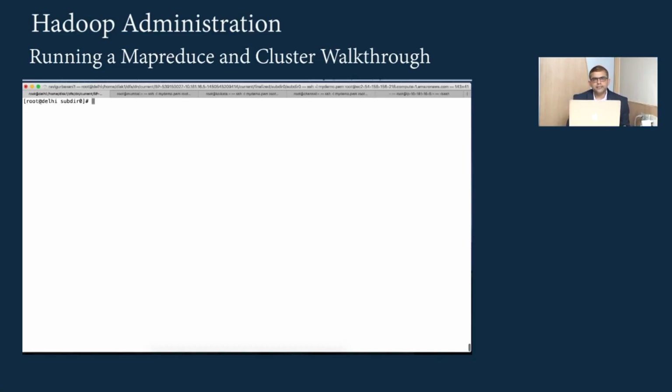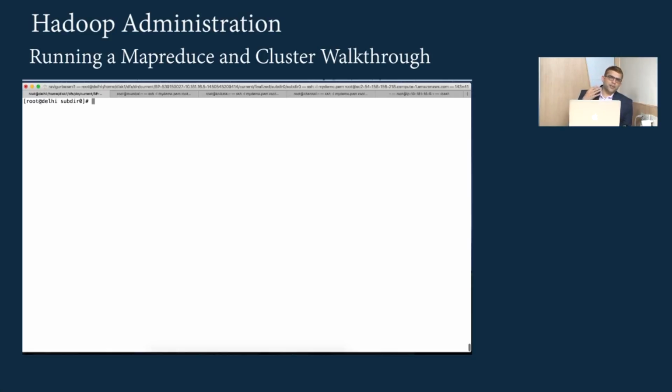The next thing to verify was whether the JPS processes were appearing. Yes, they were appearing. Then we saw that on the UI, all the services were loading. Then we ran a simple MapReduce program. The intention was to test if everything is up and running. We ran a grep program where we had 4 XML files and we were trying to search for anything that starts with dfs. Once the program was submitted, we verified from the UI that everything ran successfully.